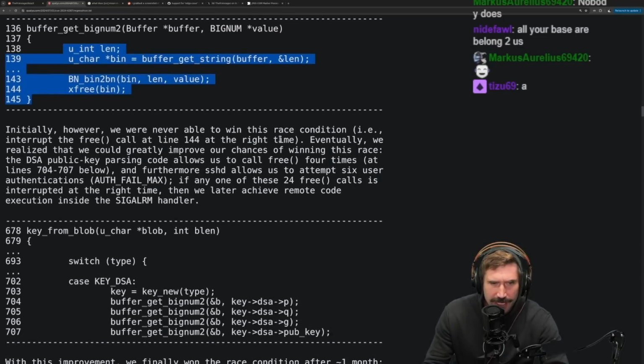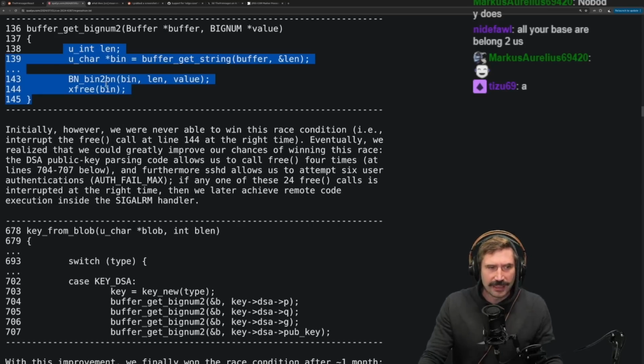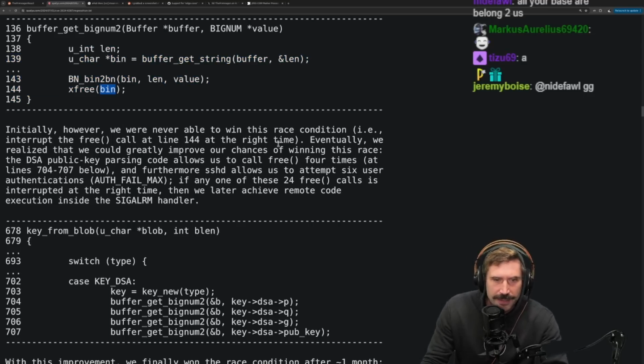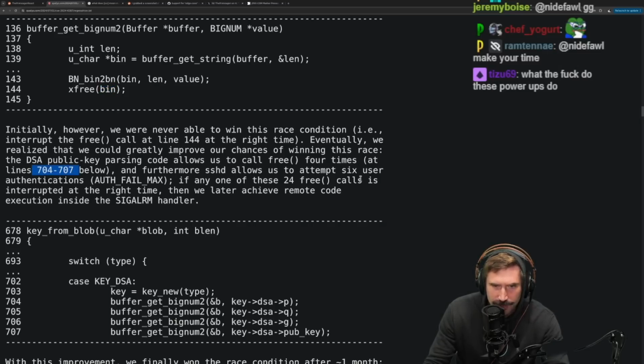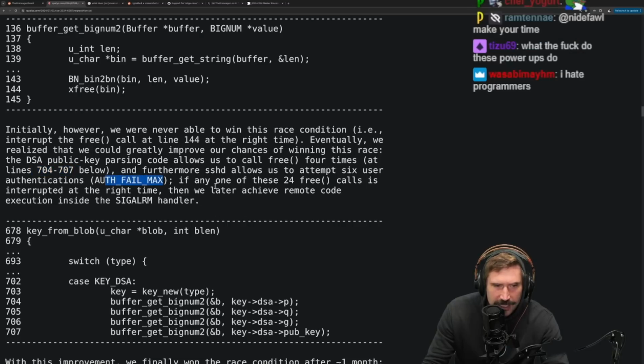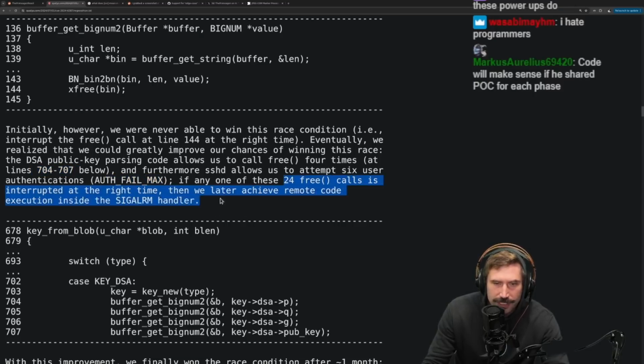Initially, however, we were never able to win this race condition. Interrupt the free call at line 144. This one right here. Okay, at the right time. Eventually, we realized that we could greatly improve our chances of winning this race condition. The DSA public key parsing code allows us to call free 4 times at lines 704 through 707 below. And furthermore, SSHD allows us to attempt 6 user authentications. If any one of these 24 free calls is interrupted at the right time, then we later achieve remote code